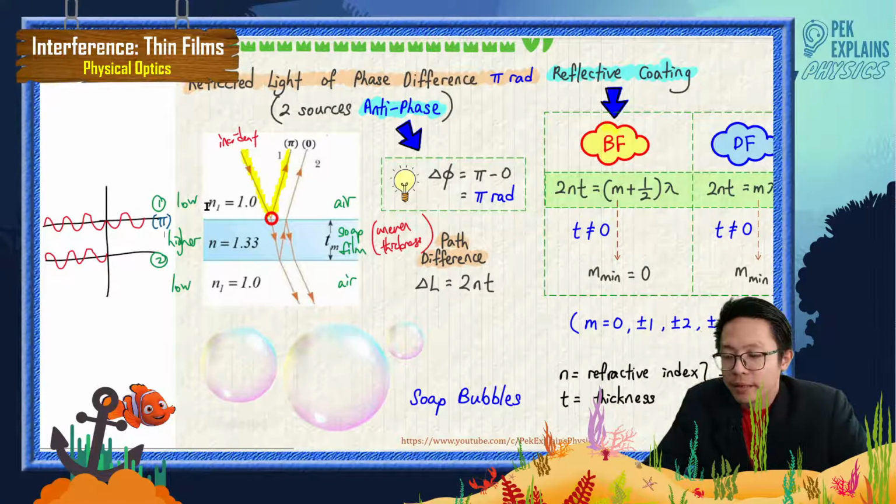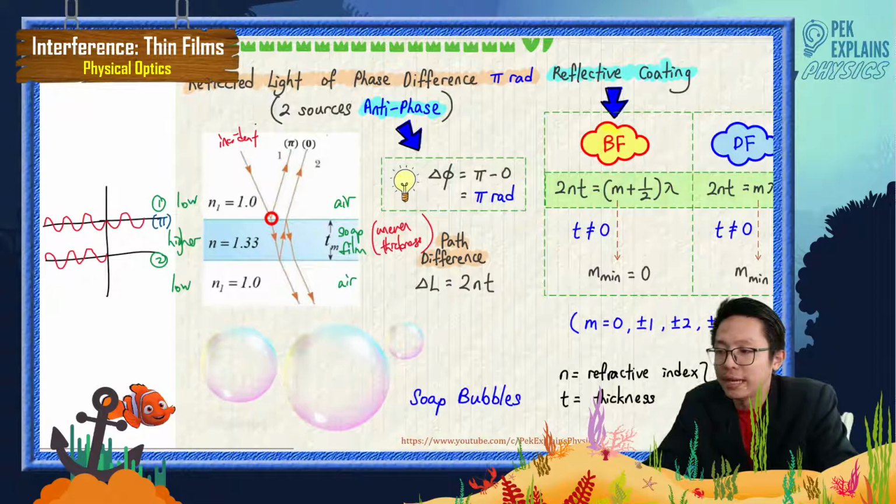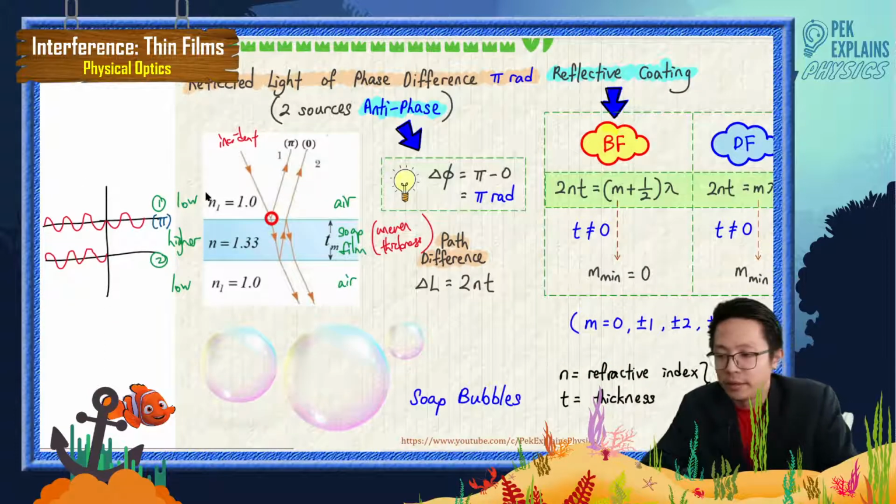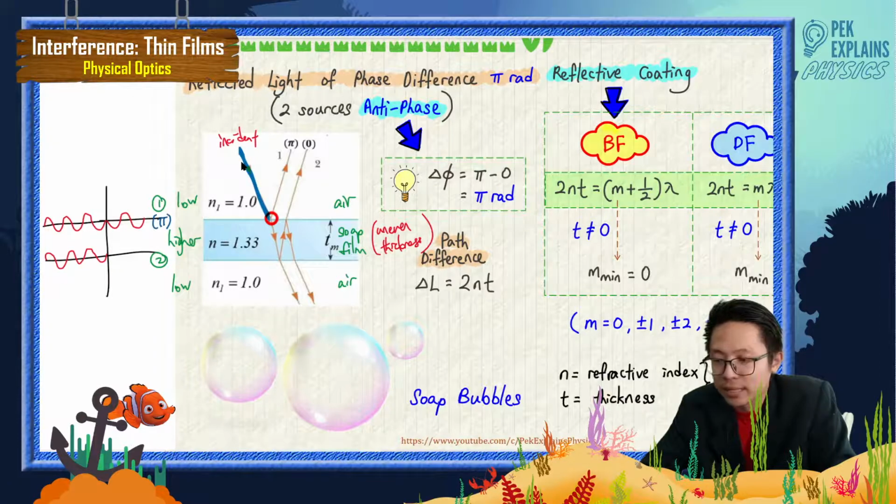Now, how about the second light? Let us just rub this off. Now, for the second light, I can use the blue color. Okay. Now, you look at here. Let's look at the second light. The second light comes,